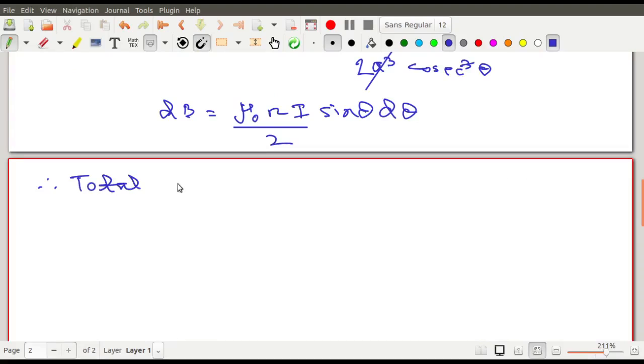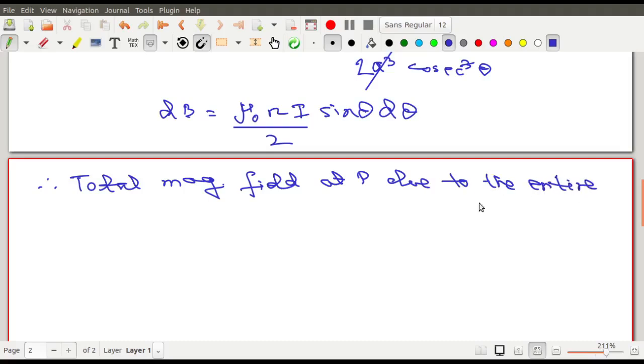This was due to a small element. Total magnetic field at capital P due to the entire solenoid. What will it be for the entire solenoid? Due to the entire solenoid, that will be B equals integration of dB, or you may write integration of